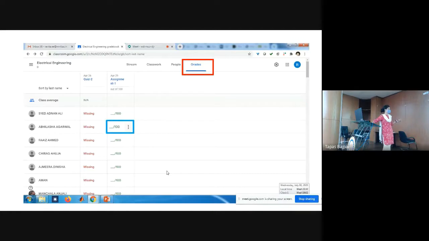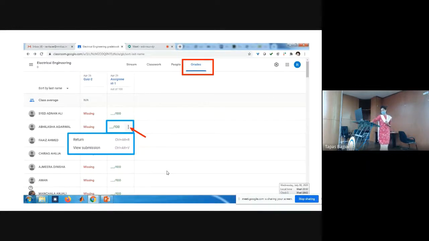When you click the three dots here, it will show return or view submission. First we will click on view submission. We will check whether it is correct or not. If it is not, then we can return it if the file is incorrect or something like that. So we can return or we can view the submission.